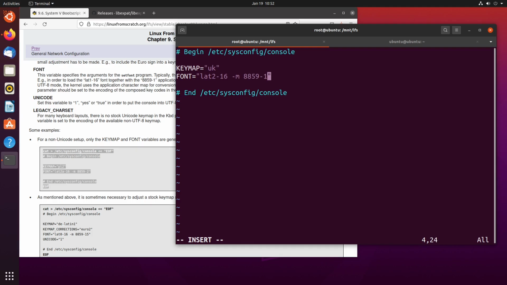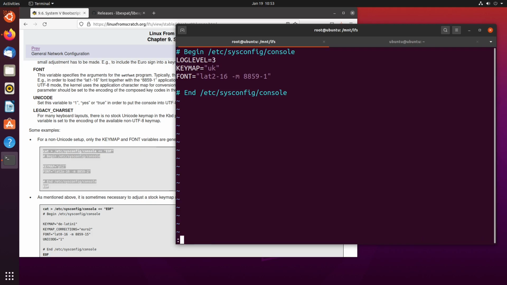The -2 is for Eastern Europe, -1 is for Western Europe, just because I'm saying, hey, look, use a UK key map. That's fine. What we're going to do here is add log level equals 3. So this is just saying, hey, look, only give information on severe and or fatal issues with the system in the console,